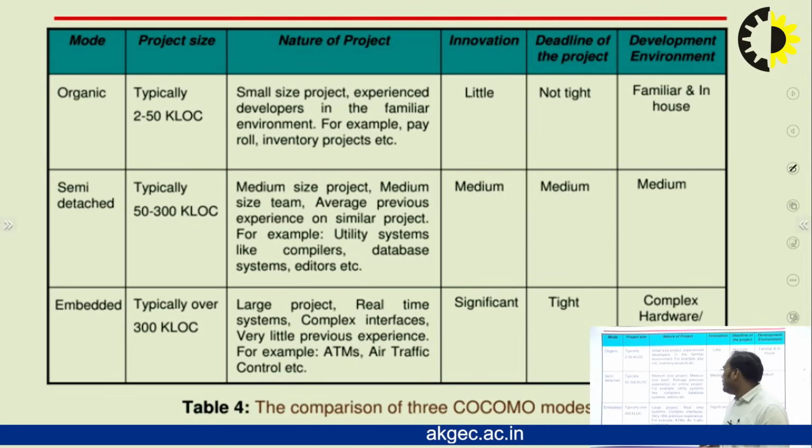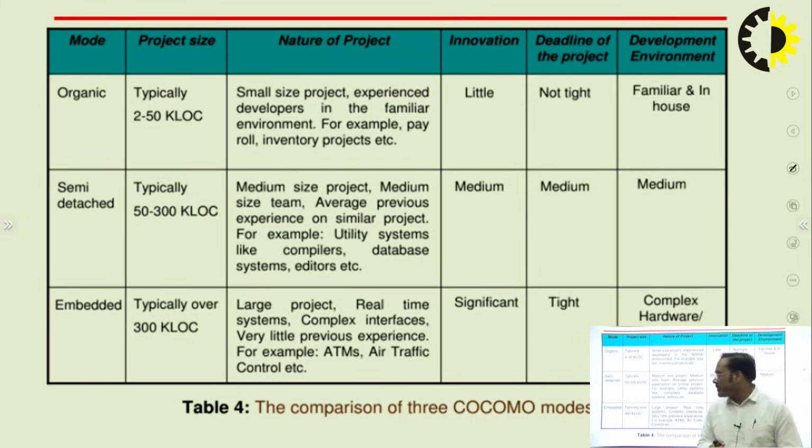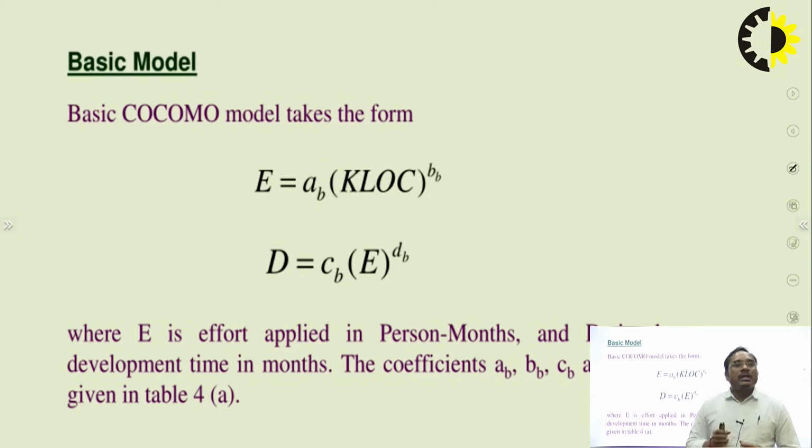And the last one is the embedded model. Basically, the innovation is significant and the deadline of the project is tight. It is a large amount of data, in terms of the number of lines of code, and a complex hardware and customer interface is required. So these models are used for a large amount of data size in terms of lines of code. So how will you calculate the